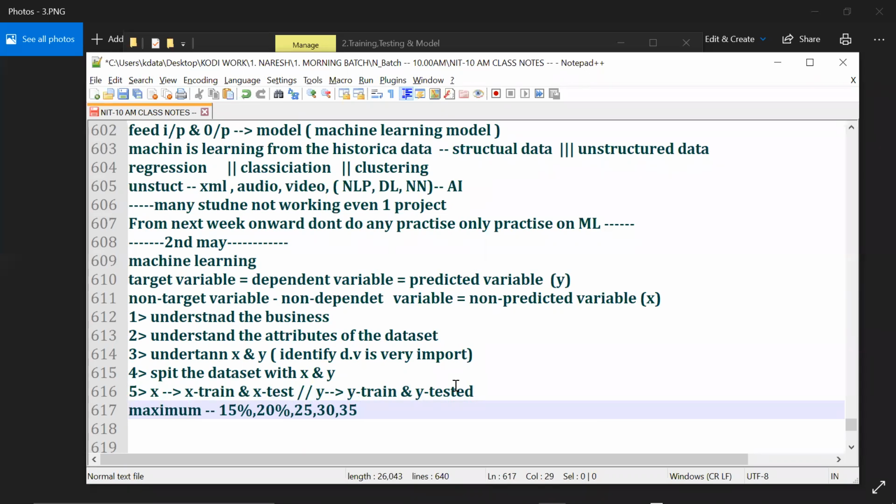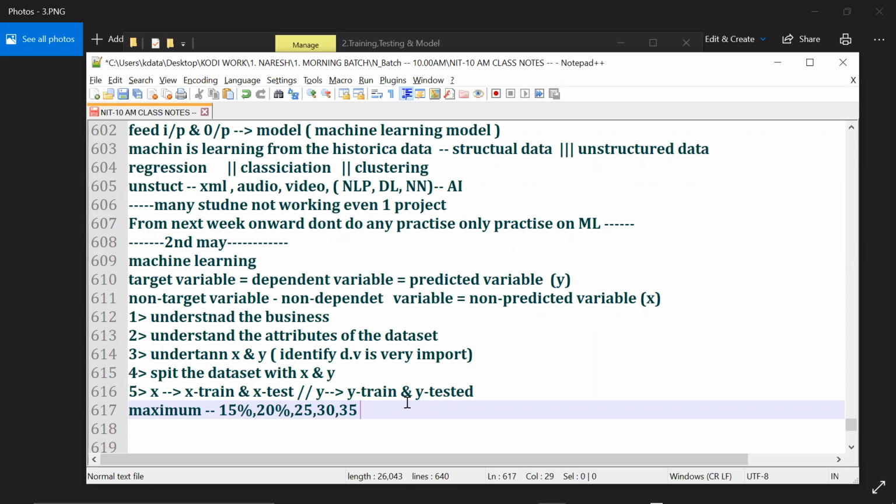When you write an exam, what would be the first division? 60%, right? 60% is the first division, then 40%. So 60 is train, 40 is test. Got it? 75% is train, 25% is test.